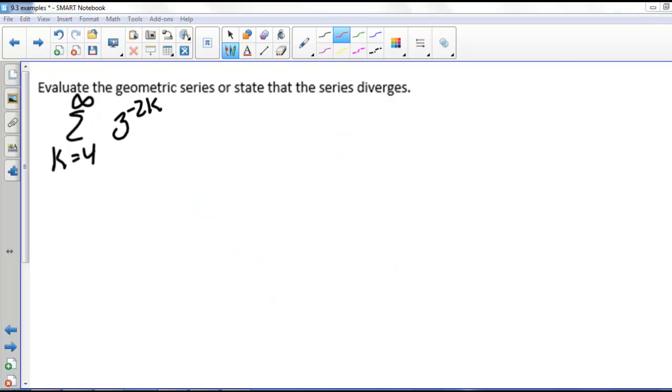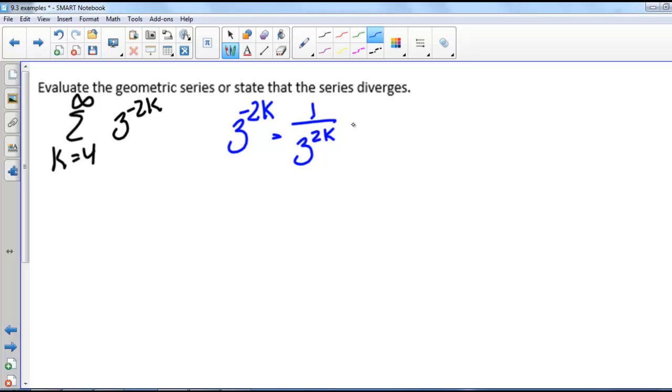Here we have the series k equals 4 to infinity of 3 to the negative 2k. So first let's convince ourselves this is a geometric series. So 3 to the negative 2k can be written as 1 over 3 to the 2k, which can then be written as 1 over 3 squared to the k, and 3 squared is 9, so that's 1 over 9 to the k,